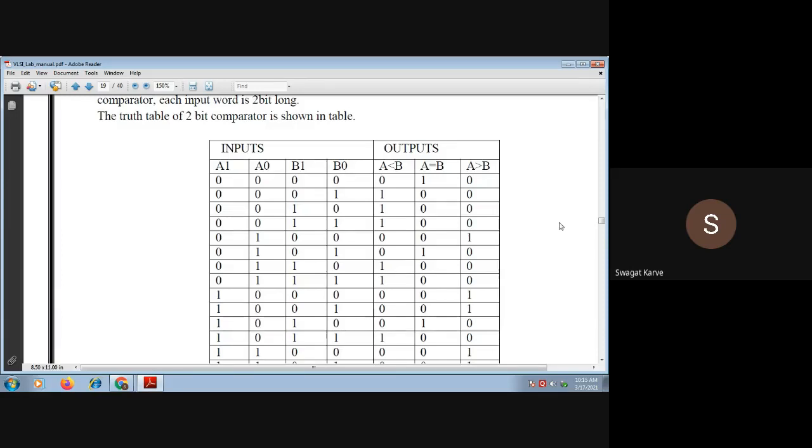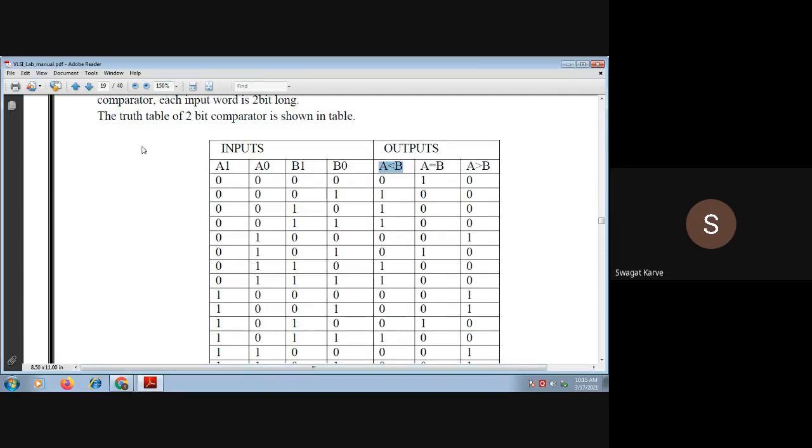So here we have mentioned the 16 combinations. Depending upon the combination, we are going to decide whether A and B are equal, or A is greater than B, or A is less than B. So this is the basic purpose of a comparator.